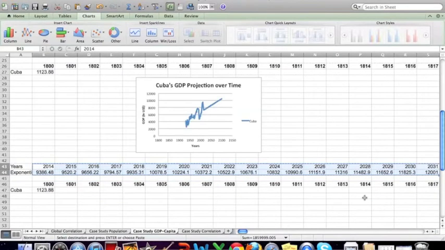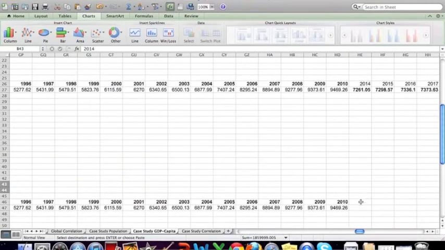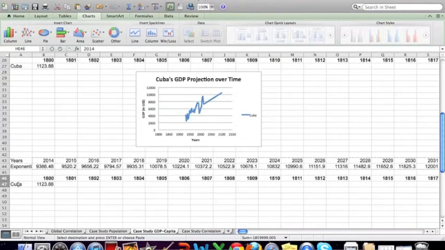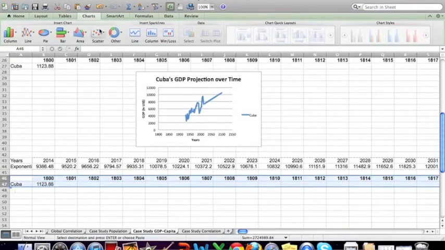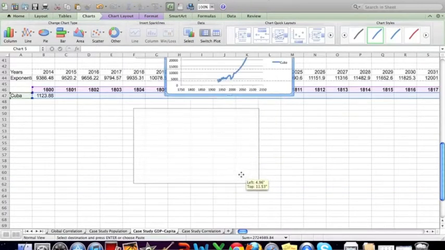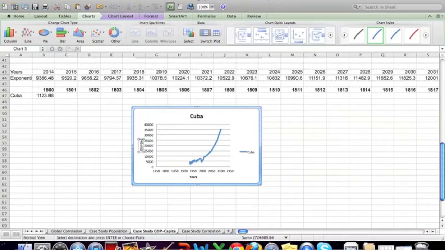Okay, now I'm going to add this on at the end here. Okay, so highlight these two rows now. Smooth line scatter. Years, GDP in US dollars,